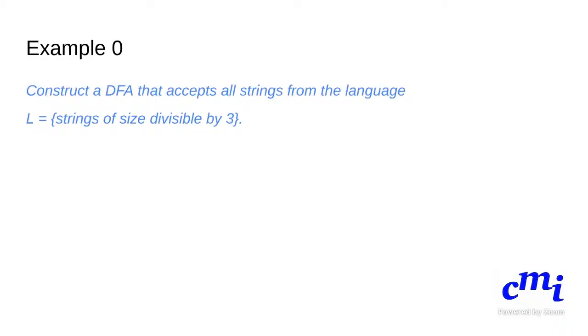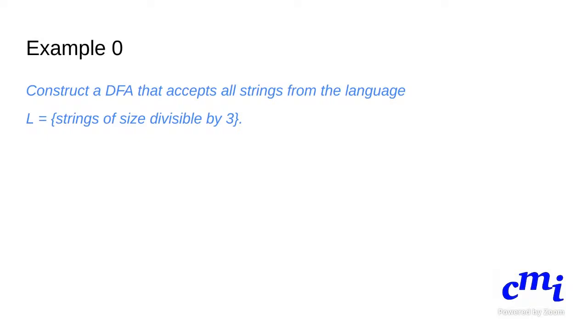A basic example that we have come across in classes is: construct a DFA that accepts all strings from the language such that the length of the string is divisible by 3. It could also be that the size of the string is even or odd. So if you think about it, how does a student in the first few lectures, when they're not equipped with a lot of stuff, but just with the definitions of what an automaton is, what the transitions are, what the states are, and what the semantics of the states and transitions are,